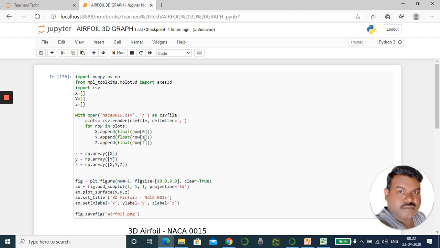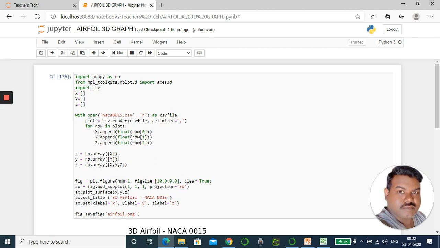Whatever the data in row 1, that is the B column in Excel, is going to be added in this empty cell Y, and similarly Z. So whatever the data in row 2, that is C in the Excel file, you see is column C, that value is added here. Okay, so now we are filling this one.